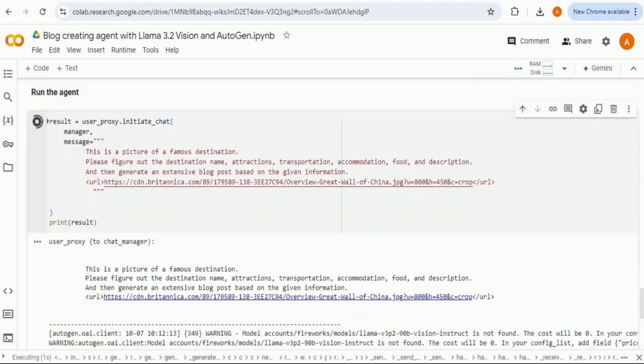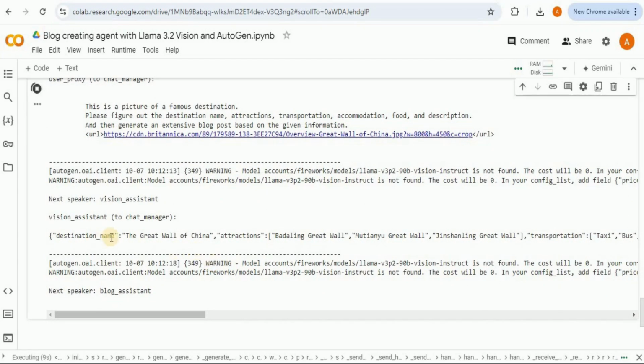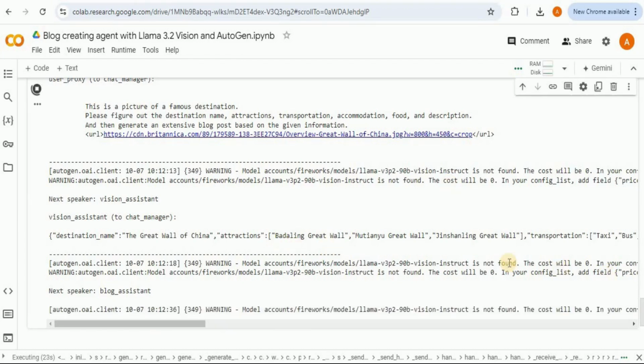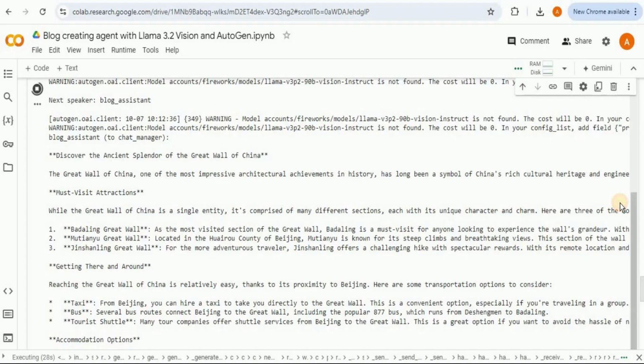You will see that firstly, it is talking to the vision assistant, which has fetched the destination name, the attractions, and the transportation, as well as everything which we asked it while creating the Pydantic model. Then the next speaker is the blog assistant, which is actually going to convert all of this extracted information into a blog. Alright, so you can see that here it has started generating the blog.